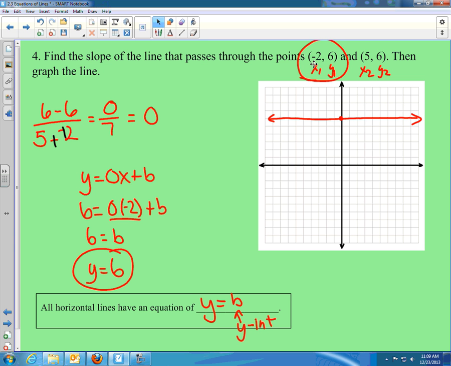All right, so that leaves 5 and 6 for us. I want you guys to go ahead and try 5. 5 is going to be very similar to 4. And then 6, you're going to be writing the equation. So find a slope and a y-intercept, and we'll see you